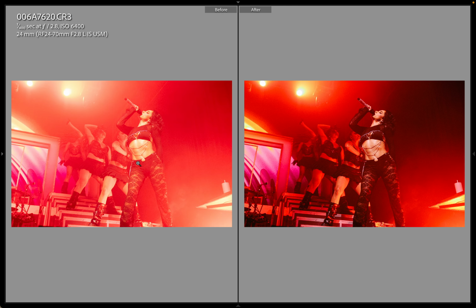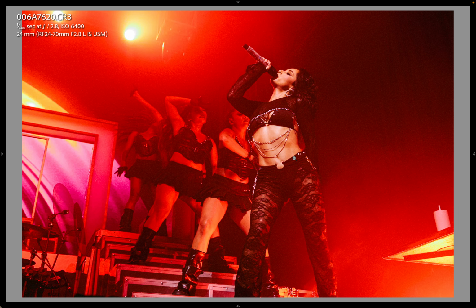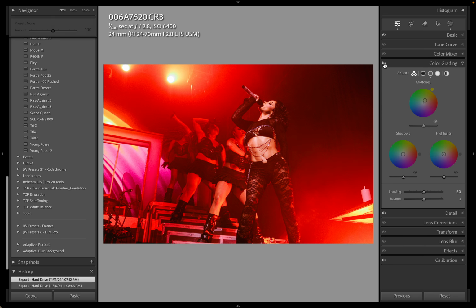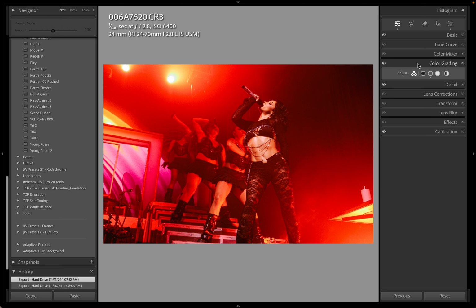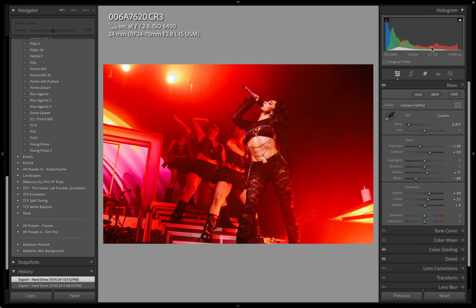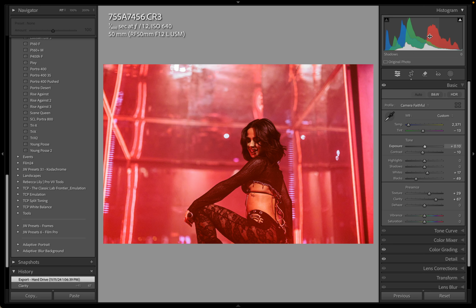This one was not much work needed. You can see, again, the green on her skin from the spotlight mixed with that harsh red light. But editing-wise, it didn't take nearly as much on this one. Color grading brought out some warmth, and I tried to balance out how much green it was adding. But you can't really go into the tint slider because it's going to turn everything purple since there's so much red. And you can see that data-wise here, the histogram in a lot of these shots, the red is going to be a lot stronger across their frame. Up here in the histogram, you can see just how much red there is.